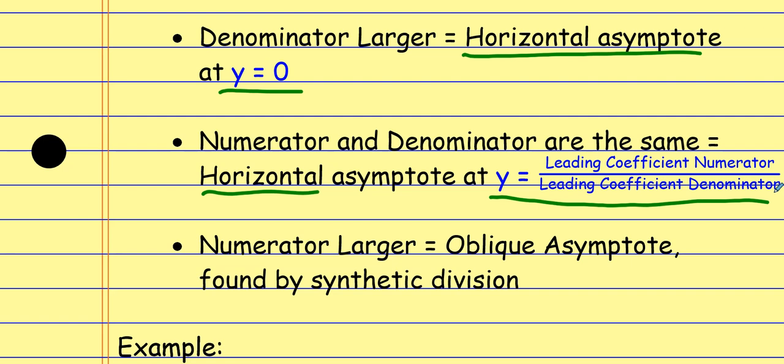The only one that students tend to have a little bit of difficulty with is the one that involves a little bit more, and there are some things that we do here that seem strange to students. When the numerator is larger, so when this thing is top heavy and the top has a bigger degree, it's an oblique asymptote, so it's going to be y equals mx plus b, and we find the equation of y equals mx plus b by doing synthetic division. All right, so when the numerator is larger, we do synthetic division. But we don't keep all of what we get when we do synthetic division. We only keep the part that looks like y equals mx plus b. And we essentially just get rid of anything that doesn't look like y equals mx plus b, essentially the remainder from our division. For example,